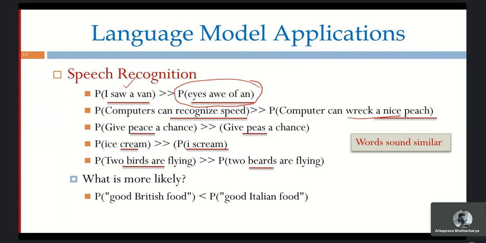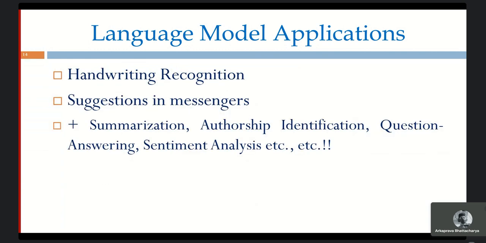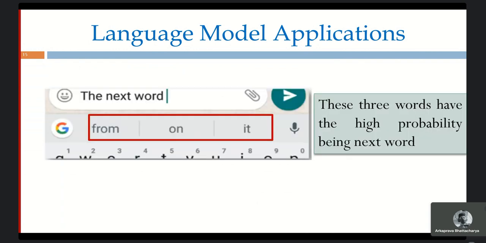Okay. So the language models, if you look into the other applications of the language models, we have handwriting recognition, suggestions in messages, summarization, authorship identification, question answering, sentiment analysis, and so on. So this is one of the major important parts of language modeling. So now